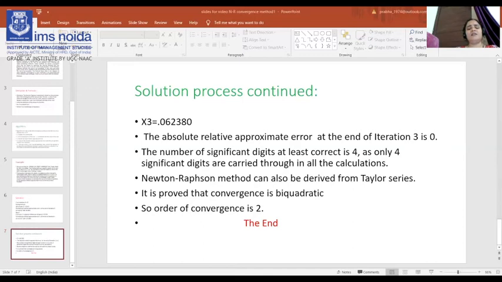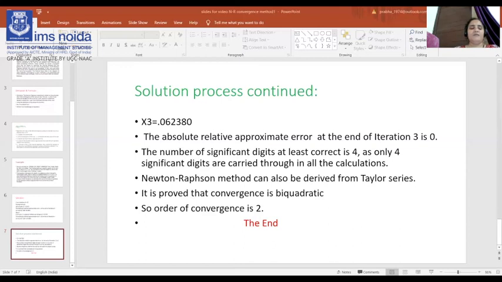Now you can calculate the absolute relative approximate error at the end of the iteration, because you are finding the order of convergence. You are not just applying the formula to find the root by the Newton-Raphson method. You are calculating here the order of convergence of the NR method. That's why you are calculating the relative approximate error at the end of each iteration. So now here you are getting an absolute error of 0.0716. So now you are getting a very small value for the epsilon error, so you are getting closer to your answer, I think. The maximum value of the error for which epsilon is less than 0.5 is 2.844.